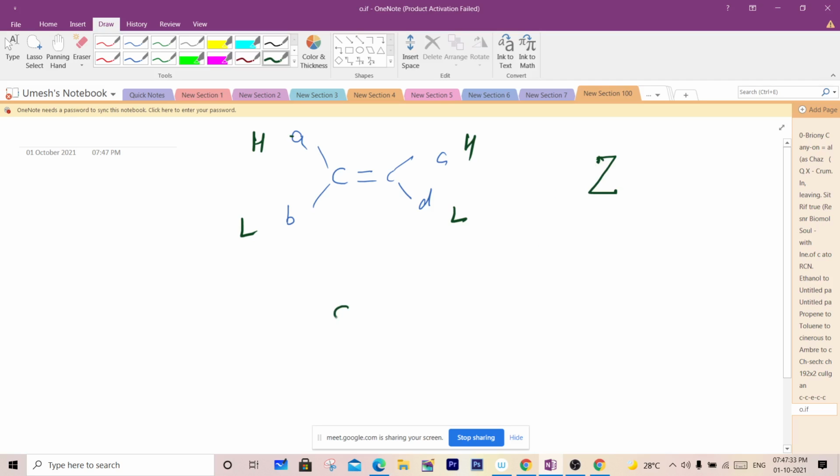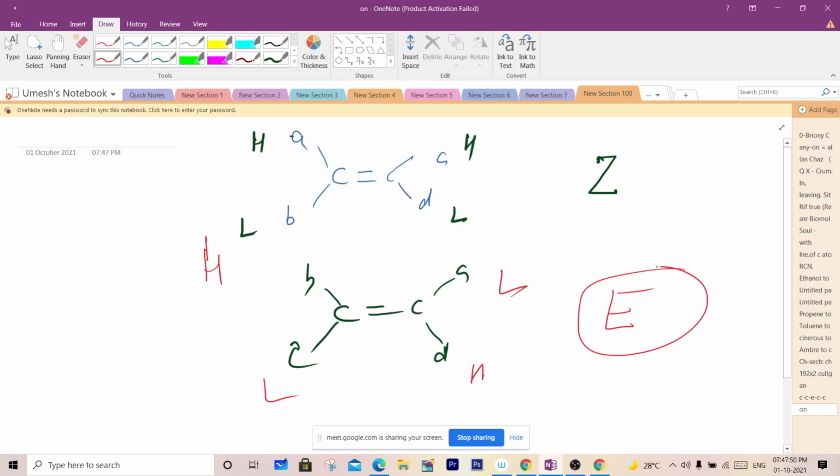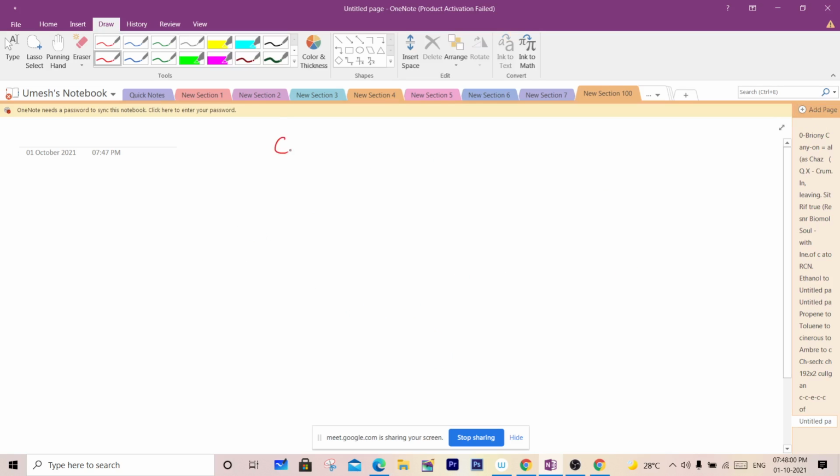But in case it is A, B, C, D, like that, higher and higher opposite here, lower, lower opposite here. In that case, we call it the E isomer. But how to give higher and lower priority? For that, we have a rule known as the CIP rule,